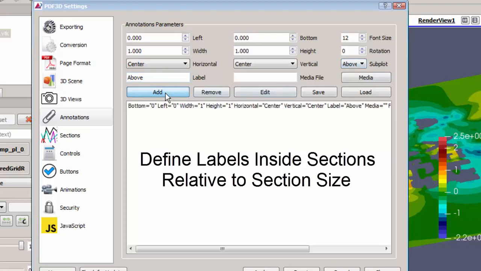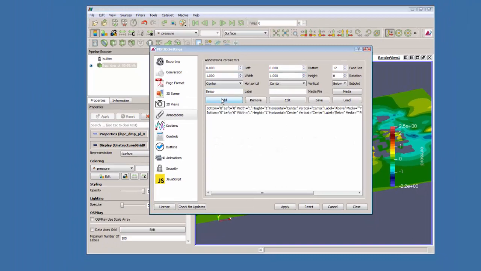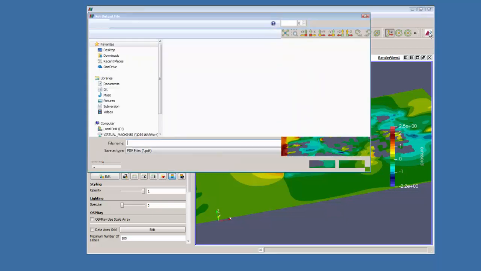In this case, we've defined that as the Above box and added that, and then we can do a second one defined by the Below box that we've added. So we have 2 annotations, both sitting inside individual section boxes. Then when we export this,